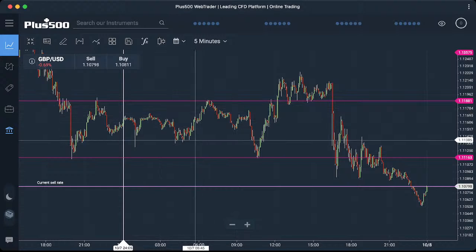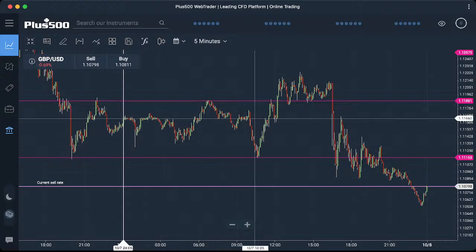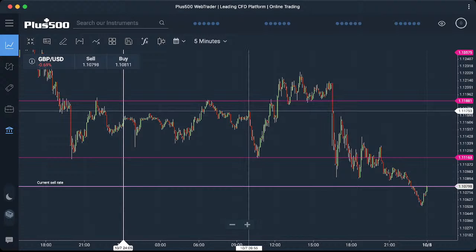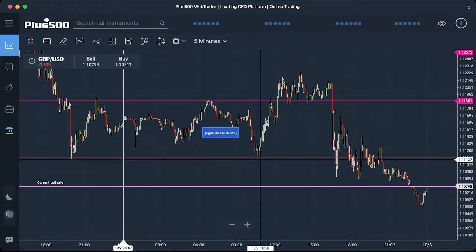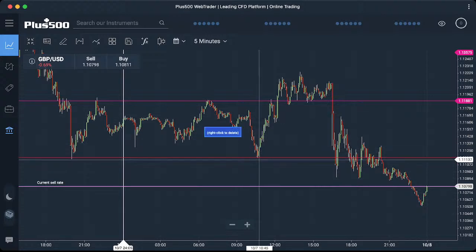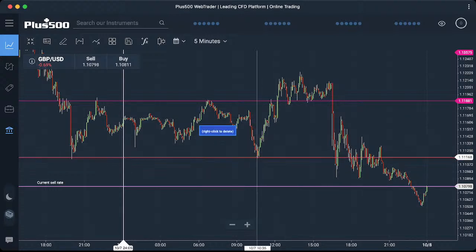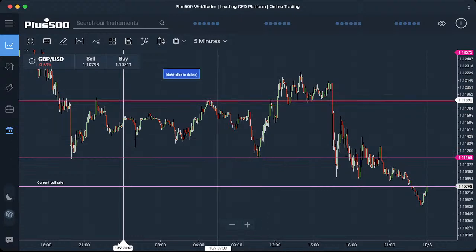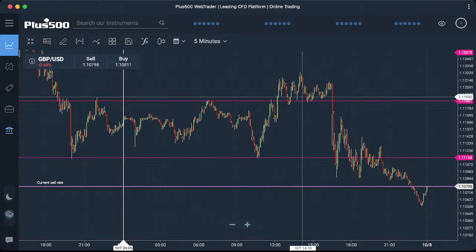You can see how price is fluctuating to the upside and downside, and this price action from here to the downside was actually the manipulation before the London session. So price pushed to the downside, and then during the London session you can see how price is going above this high, and here it's creating this high here